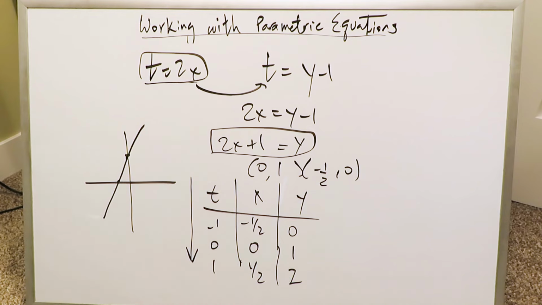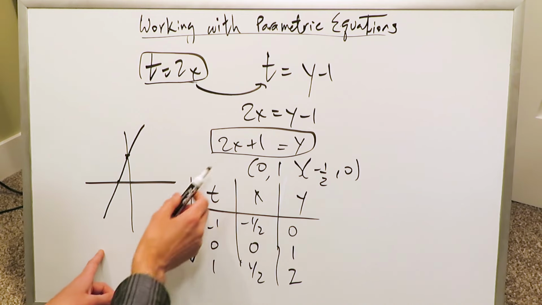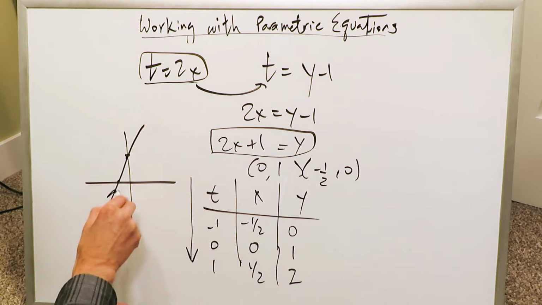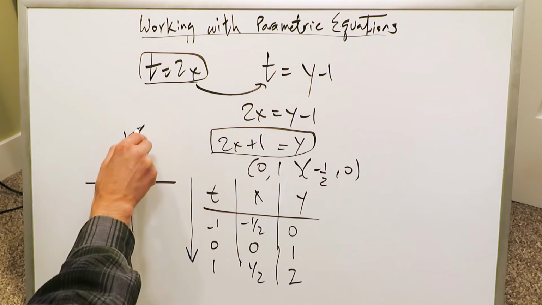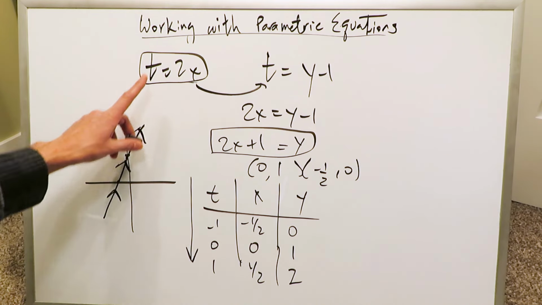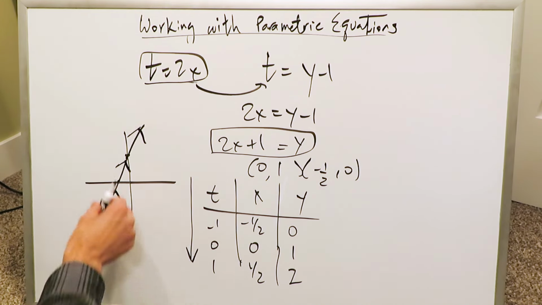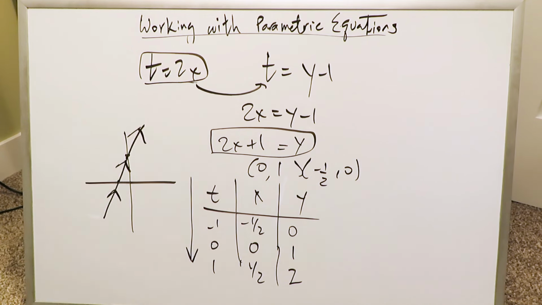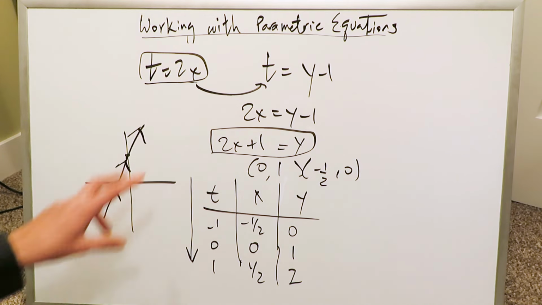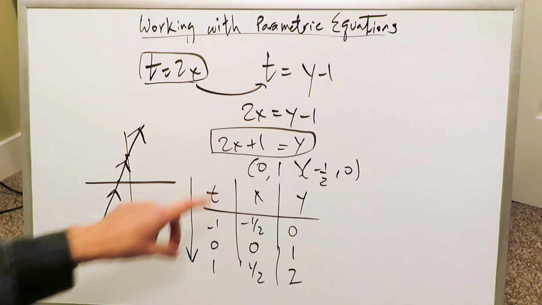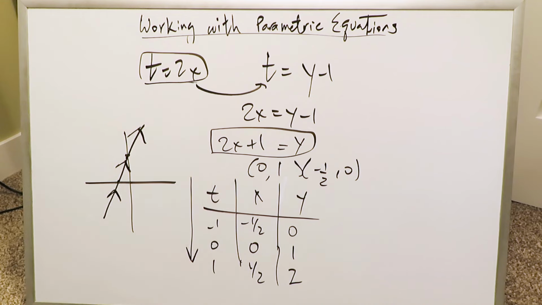Now you can look at these in terms of the direction and the trends. As the t values are increasing, your x values are increasing and your y values are increasing. You're seeing a direction in terms of your graph to be everything in this way right here. From left to right, everything is going upwards, and that right there is your direction determined. The parameter is eliminated, the rectangular equation has been solved, and this right here